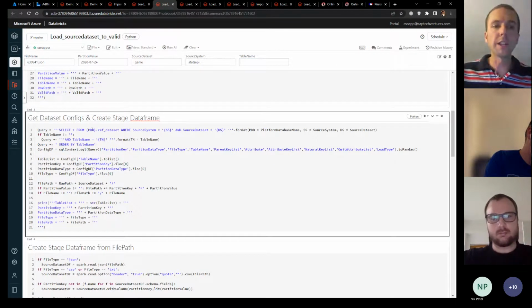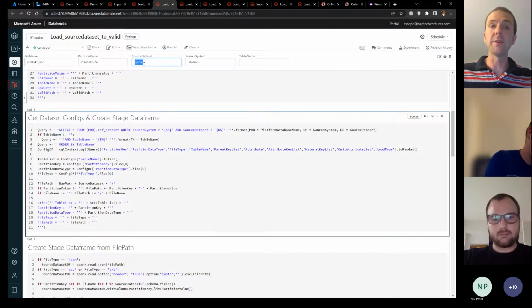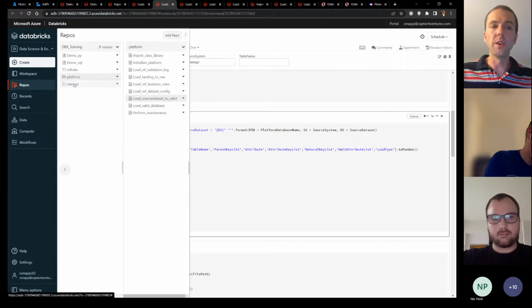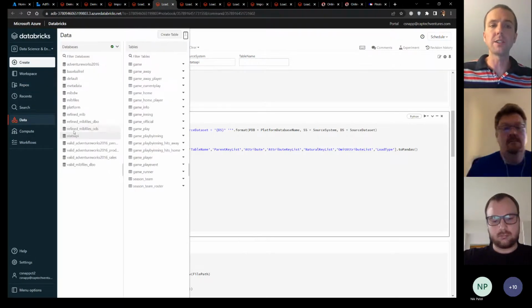I run a query against my platform database called reference data set. Basically, just know that behind the scenes, I have a bunch of information that I've split out about a data set, the game file, on what I want to do with all the tables. And as I said before, it's not one-to-one with the way that I wanted to use this data. It just granularity-wise didn't work.